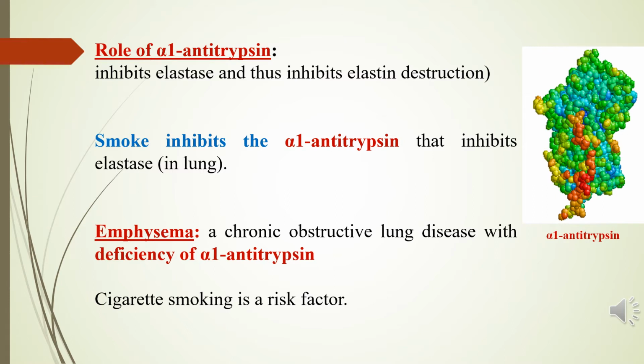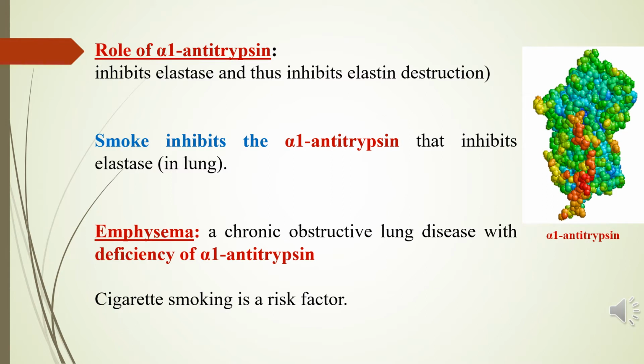The question is, what is the role of alpha-1 antitrypsin? Alpha-1 antitrypsin is an enzyme secreted from the liver, as we mentioned before. It is responsible for inhibiting elastase, and thus it inhibits elastin destruction and provides a protective role for elastin and other extracellular matrix proteins. And as we know, elastin is one of the extracellular matrix proteins present in lungs, blood vessels,